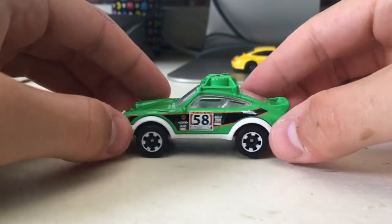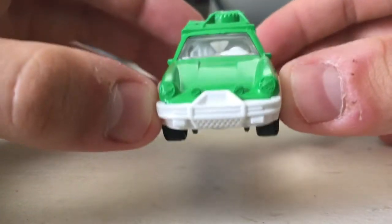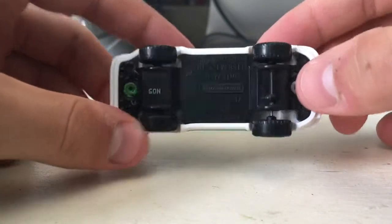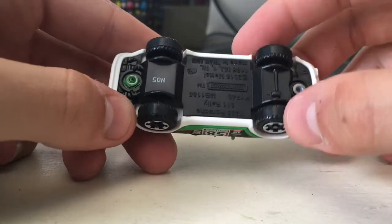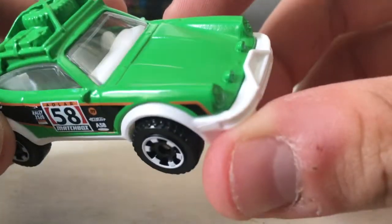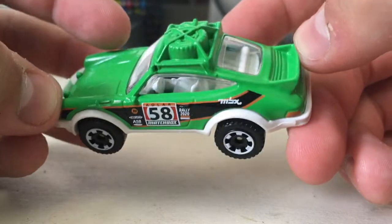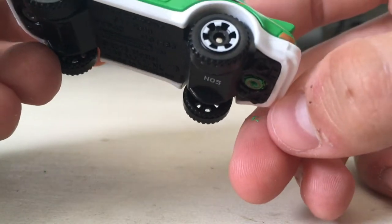Not as much detail, believe it or not, than the Hot Wheels car. Usually Matchbox is better with detail, but you can see they got some grates over the headlights and some additional fog lights so that you can see and not damage your headlights. This is another plastic base metal body car, but this actually is like 2 layers to its base. You got the black layer here, and then this white fender flare trim that goes around that looks pretty sick. Yeah, this is pretty cool. Number 58 Matchbox. It's an actual rally racer, I guess, with these pretty cool 6-spoke